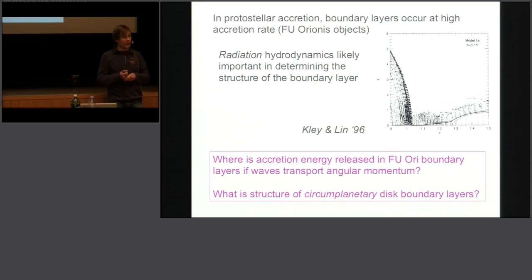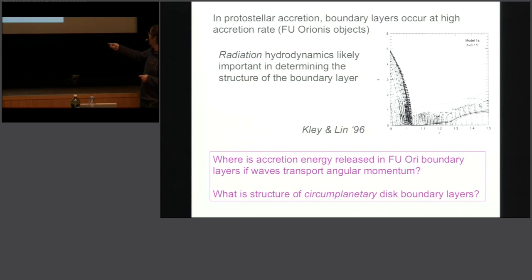So this is what we're talking about tomorrow, the so-called FU Orionis objects, where we have very high accretion rates taking place for a fairly short period of time. So in these boundary layers, the temperature can be very high, and we need to consider how the radiation that's being liberated in the boundary layer is moving outwards through the boundary layer, heating the disk outside, and eventually being radiated into space. So in principle, we need to worry about radiation hydrodynamics, and this was considered by Willy Kley